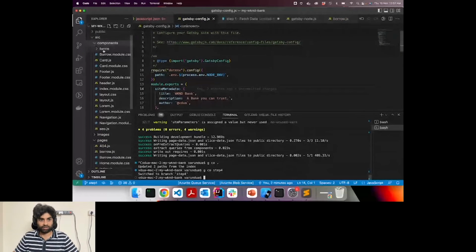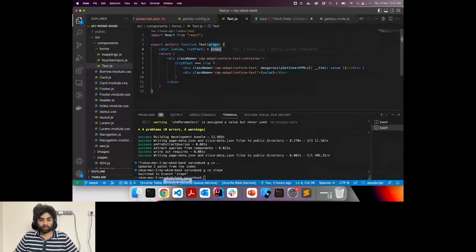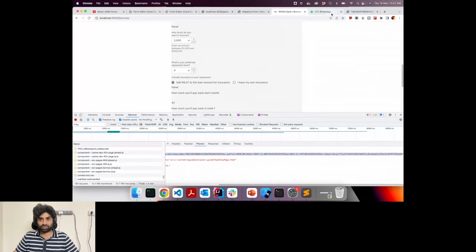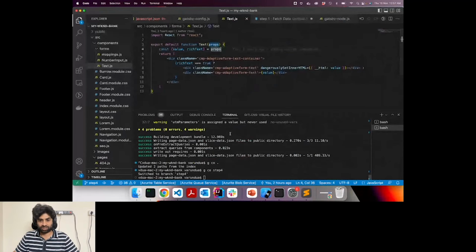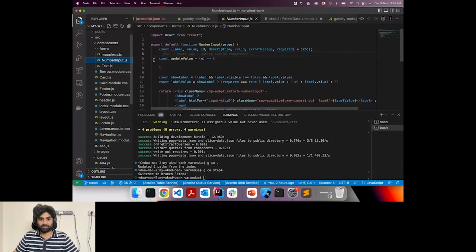You can see a bunch of form components exist. For each form component, we have a bunch of props. All those props are defined in our documentation, which is shared as part of our presentation at the end of the presentation as well. For example, for a text component, there are these two properties I'm currently interested in, but there are a bunch of other properties. So you have a value, you have rich text. And similarly for a number input, there are another bunch, so you have again label, you have value, you have description, and all these properties that exist for number input.